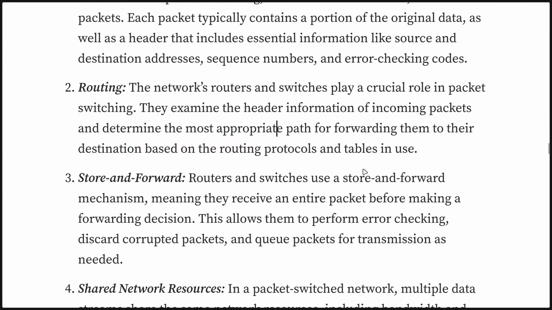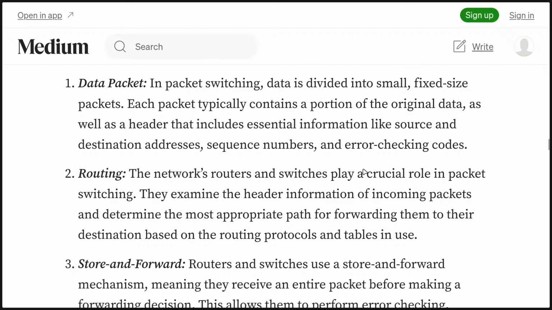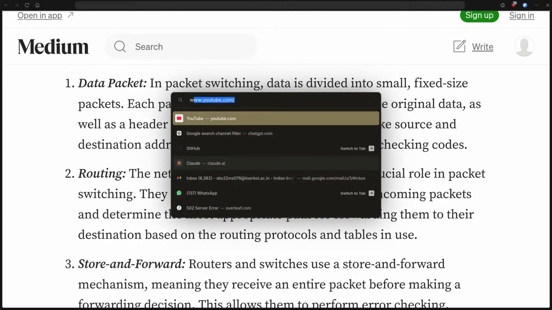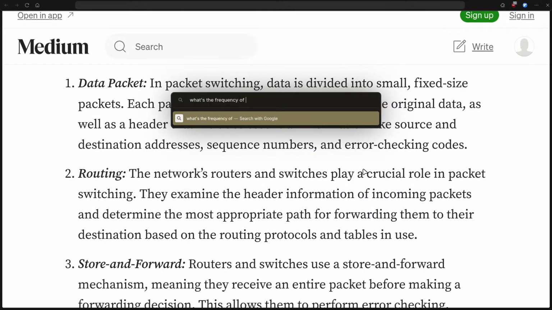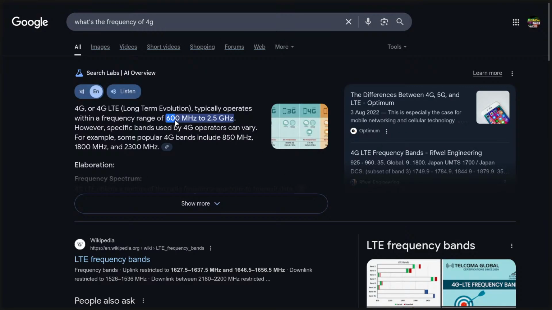Okay, basically. The EMs transmit in which frequency? Like UV radiation or like... Good question. The frequency of the data packets that we are sending is basically based on the network type that you are using. If you are using 4G, it will have a particular frequency. If you are using 5G, it will have a particular frequency. And if you are using 3G, it will have another. You are using 4G, right? 5G. Okay, 5G. So 4G is 600 megahertz to 2.5 gigahertz. So then just convert